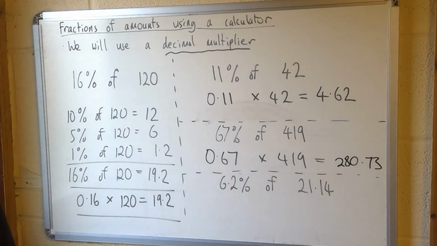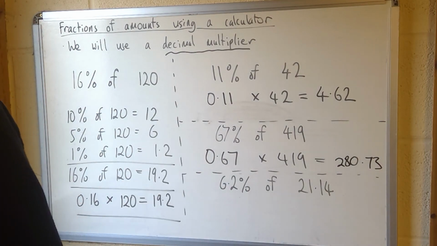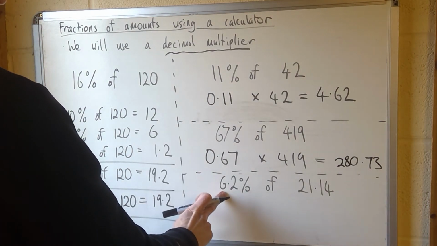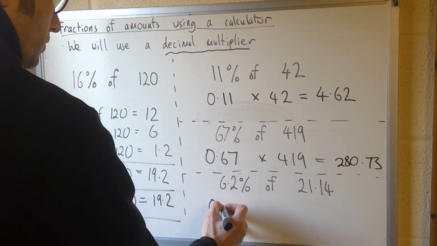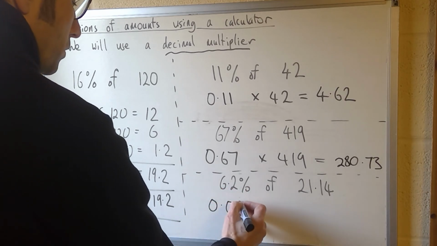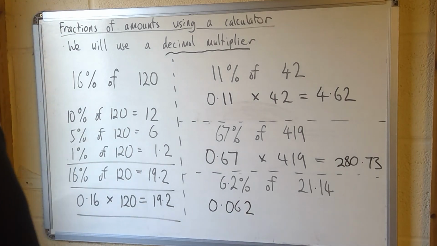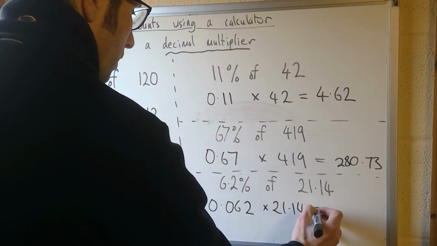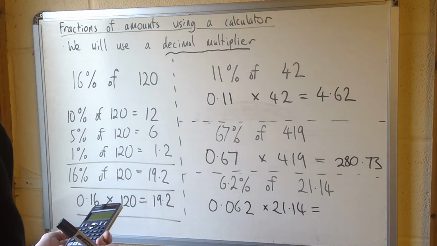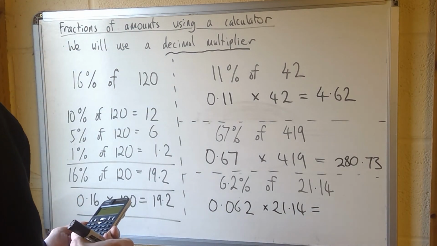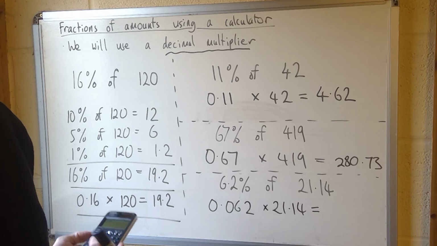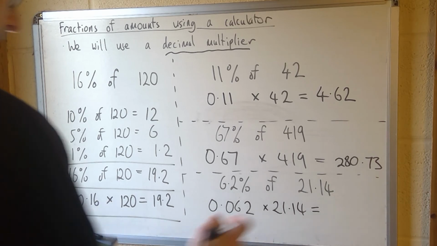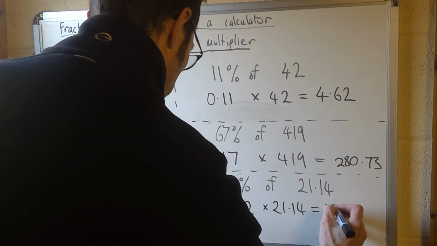And this final one is a really good example because it's quite a complicated percentage and a difficult number to work with decimals, but it's still fairly straightforward. 6% will be 0.06, so 6.2% is 0.062 multiplied by 21.14. Just key that into your calculator, 0.062 multiplied by 21.14,